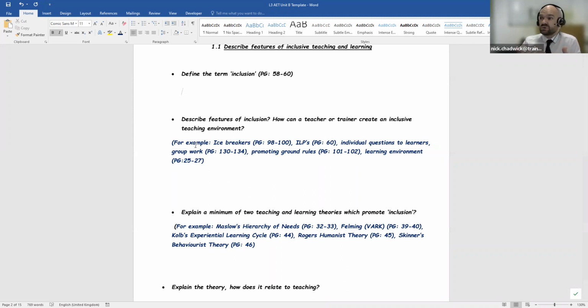The ground rules of the lesson, housekeeping, of course, very important, and also promoting a learning environment which is inclusive. So, for example, can all learners see you, the teacher? Can you ensure that there's a seating plan to make sure that everyone's included and that no